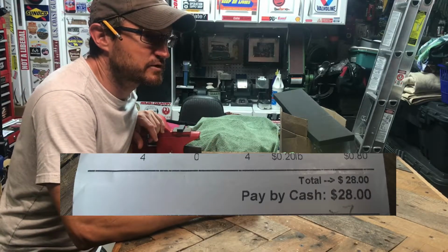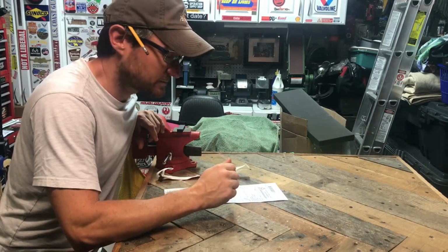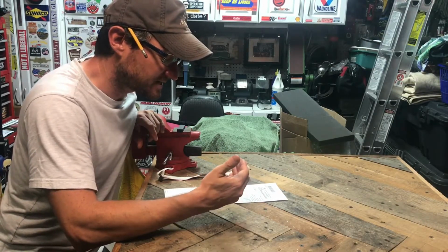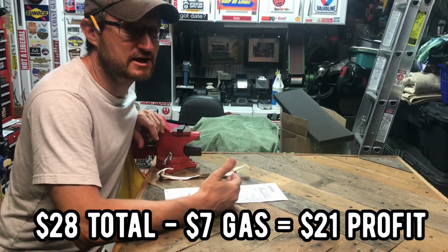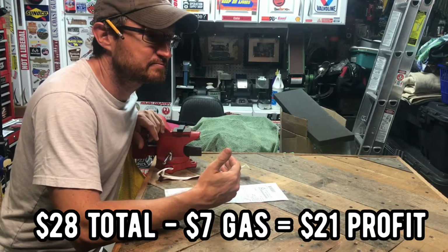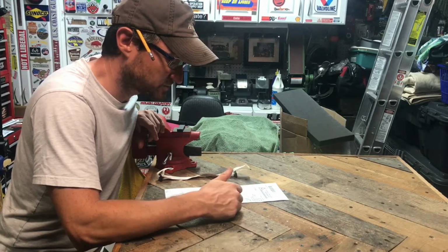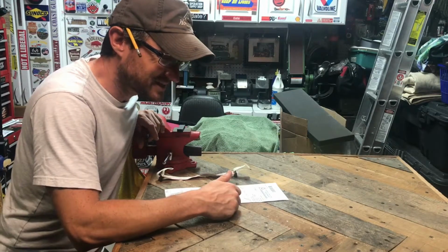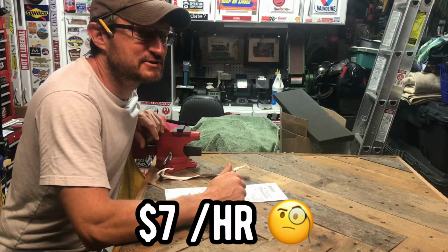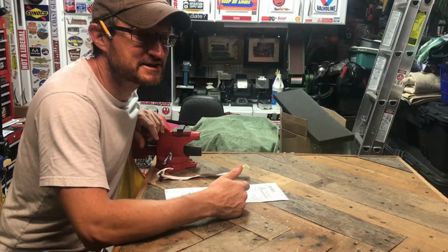I drove about 40 miles. That was hitting all the places that I hit yesterday, as well as driving back and forth to the scrapyard this morning. So take out about $7 for my gas guzzling truck, and I'm down to $21 for about 3 hours of work. 2 of that was getting all the steel from the dumpsters and then sorting the wire out and also going to the scrapyard. So about 3 hours worth of work and $21. So $7 an hour. For a hobby, it is okay, but for making any kind of serious money, or any kind of decent money,